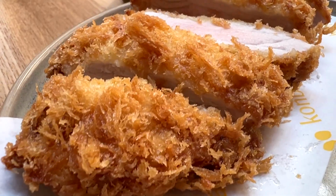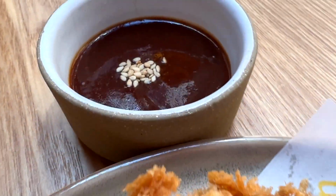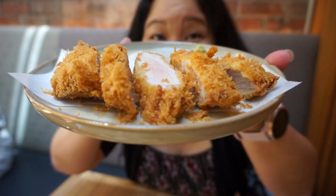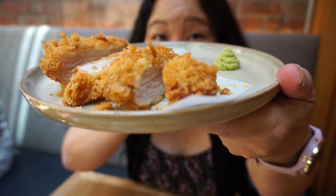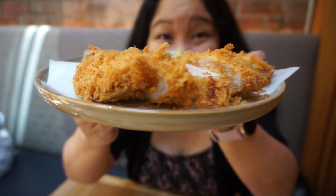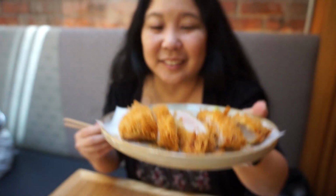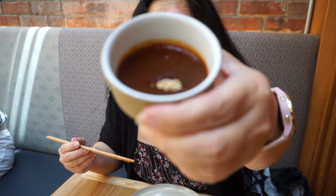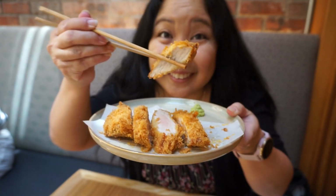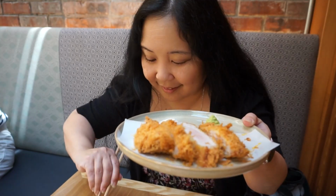The next dish that I wanted to try was their tonkatsu because they're supposed to be known for having great tonkatsu. Now, tonkatsu, if you don't know, is a pork cutlet that is breaded in panko and it's deep fried. When it came out, I was so surprised at the cut. This is like the pork loin and it looked so good. It comes with wasabi on the side, this tonkatsu sauce, and it also comes with like truffle salt, which is so good. That's me putting it in the truffle salt right there,